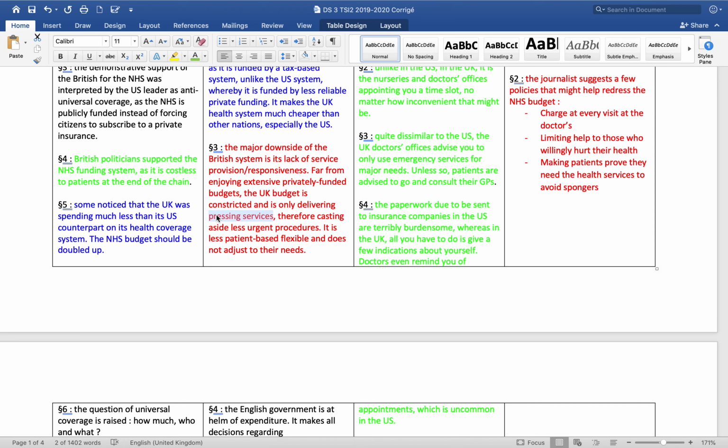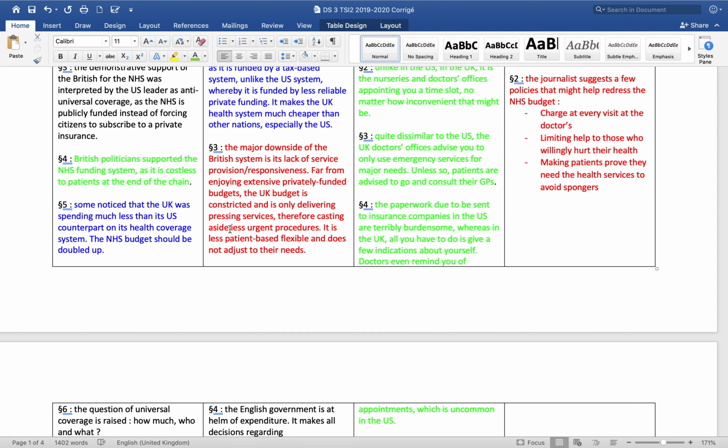It means that the government decides where the money is going, and they decide that the money of the social security should be dedicated to urgent problems, people who have real emergencies to deal with. If you want to have plastic surgery, if you want to have a nose job, something that is not essential to your life, that is not life-threatening, and it's just like using medicine to improve your physical appearance, or something that is not urgent anyway, then you will have to wait a long time in the UK, sometimes up to 2 years, because they want to dedicate all their services to what is pressing, which means to what is urgent.